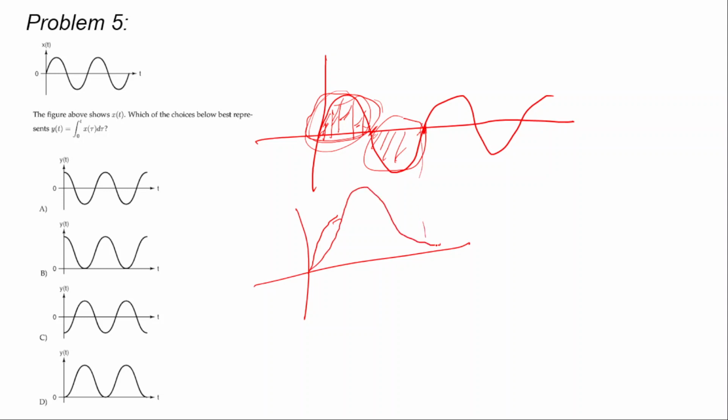So this will be like this. Okay, so as you can see, the curve is not going to 0 in the negative direction. So we can see which option is correct. So this is not correct, this is not correct, because at t equals to 0, y of t is 0, and this is not correct. Last option is correct.